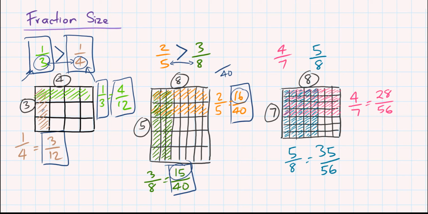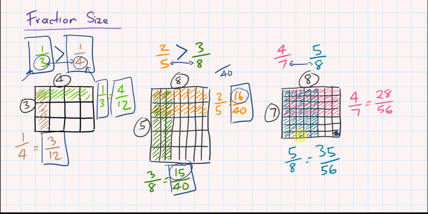Okay, last example. Again, looking at the denominators. Change these two fractions into 56ths. So visually, if I look at my rectangle here, each tiny little section is 1/56th. If I shade in 5/8, so the 8ths are the columns, so I've shaded in 5/8, and if